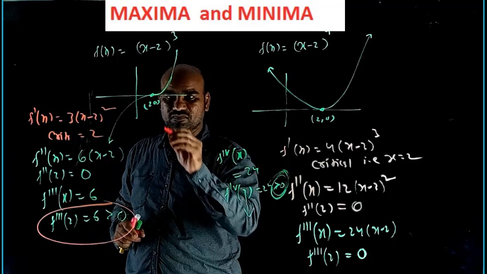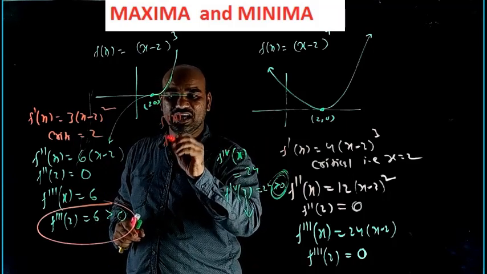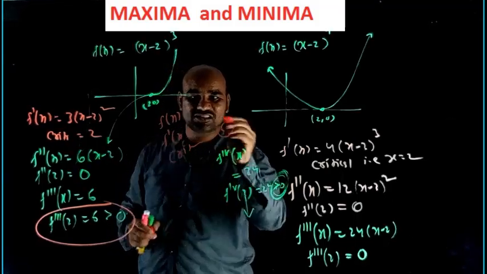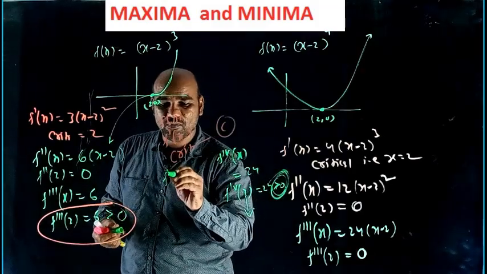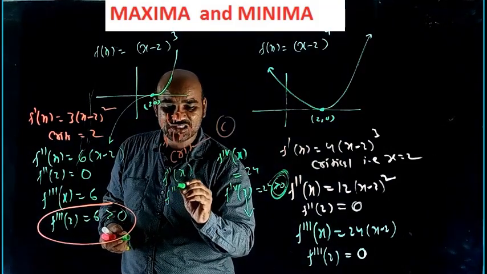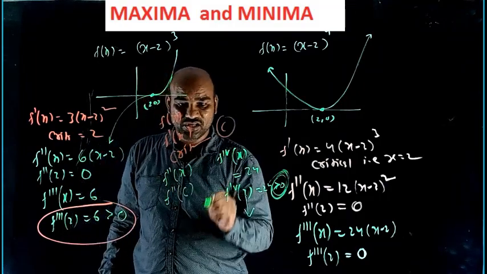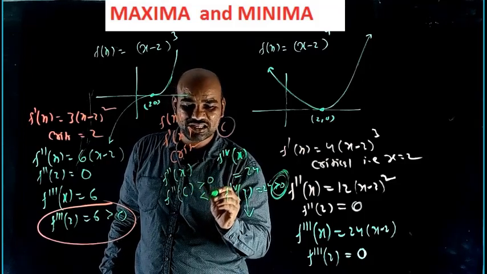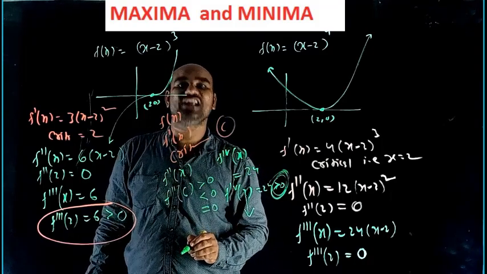I am concluding. f of x is given. Find f dash of x. Find critical points. Let's see one such critical point. Observe, important. Find f double dash of x. Find the value of f double dash of x at c. Means f double dash of c should be found. If f double dash of c is greater than 0, this becomes point of minima. Less than 0, this becomes point of maxima. Equal to 0, further investigation is needed.